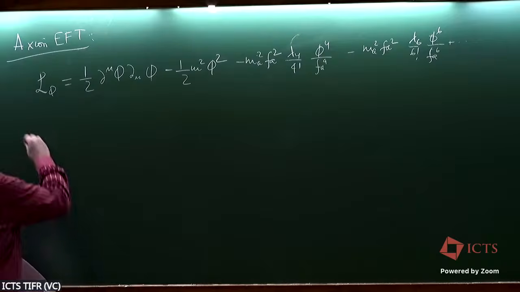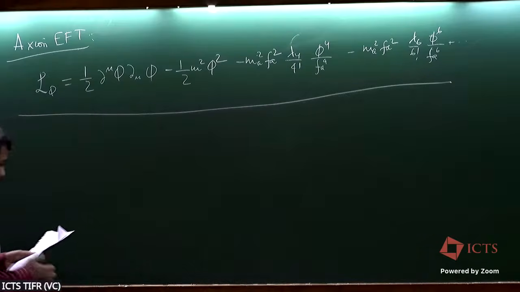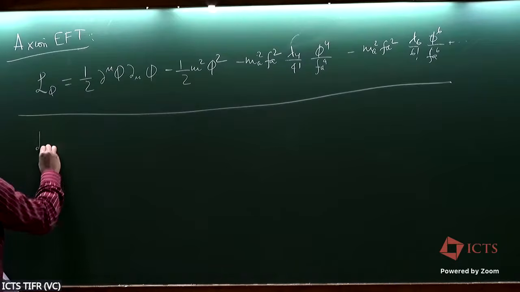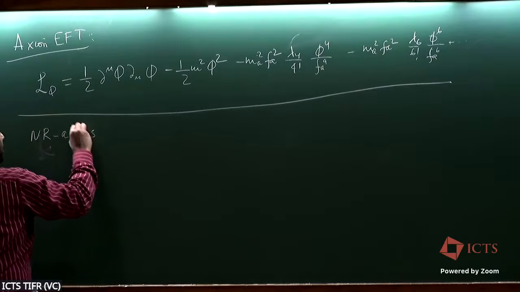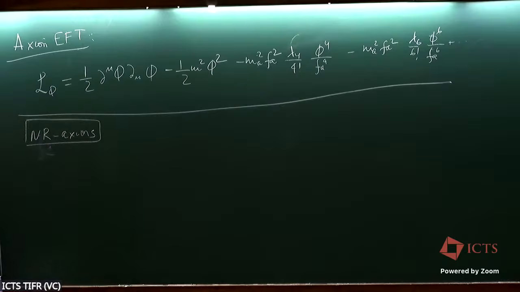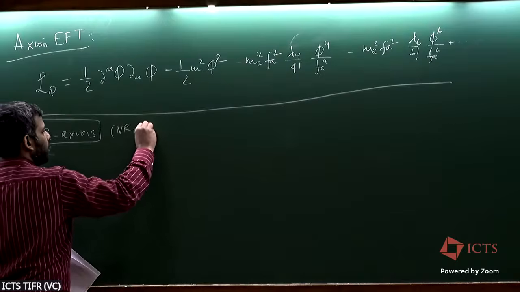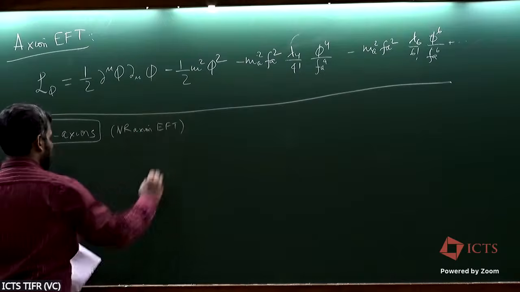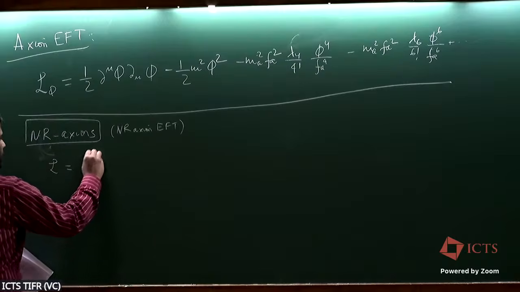Okay, so the goal is I start with this Lagrangian here, and I want to end up getting an effective Lagrangian for describing non-relativistic axions. In general, the axions that form the dark matter are non-relativistic. So I want to construct a non-relativistic axion theory, which is known as NR axion EFT. The Lagrangian is just given by